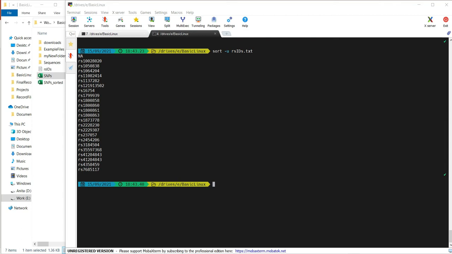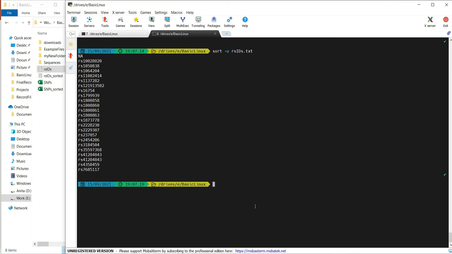So the next command I will cover is the uniq command. This command helps you in reporting and filtering repeated lines in a file. It can be used to remove duplicates, show count of occurrences, show only repeated lines, ignore certain characters, and can also be used to compare on specific fields. Please note that this command accepts adjacent lines for comparison, hence always use a sorted file with this command for correct results. I am working on this rsid.txt file, which is right now not sorted.